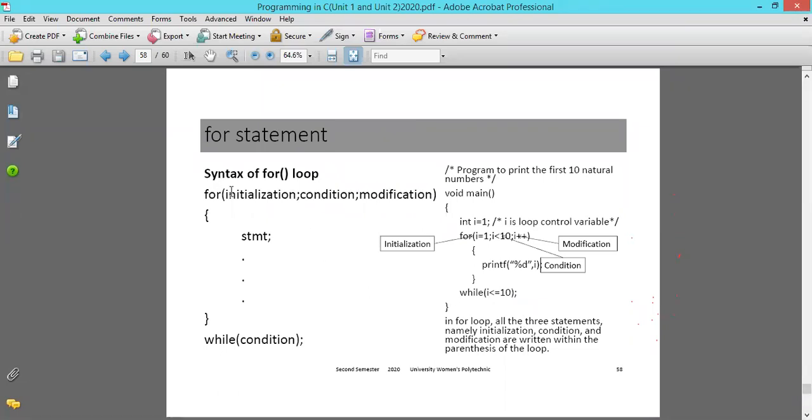Now this is the for loop. This is another kind of loop. This loop has all three parts as initialization,